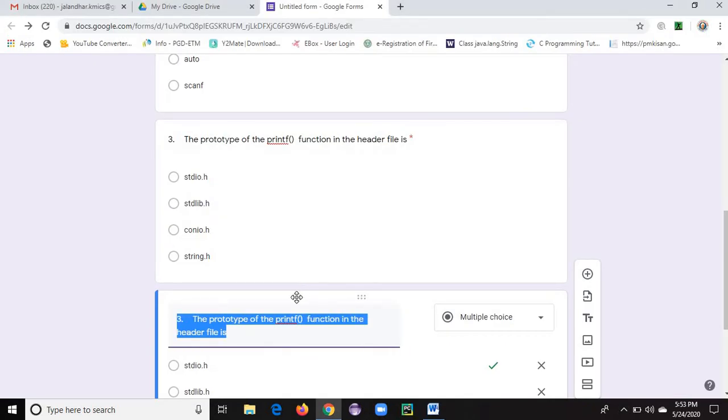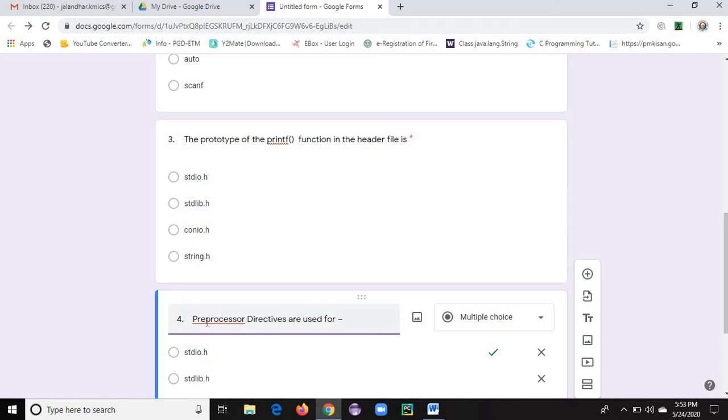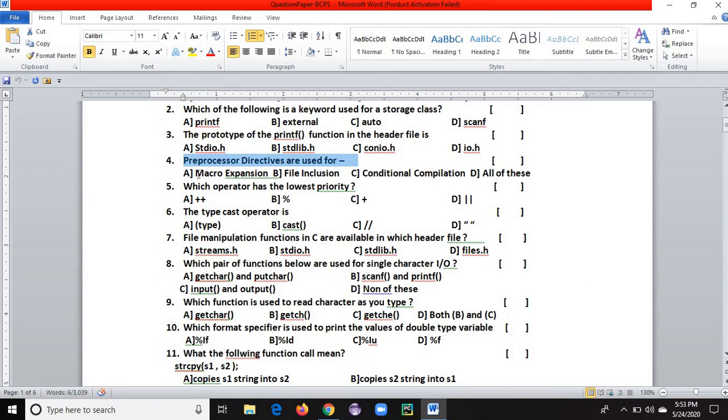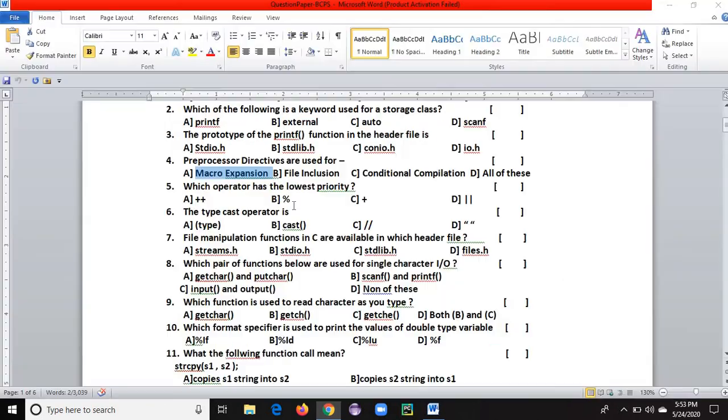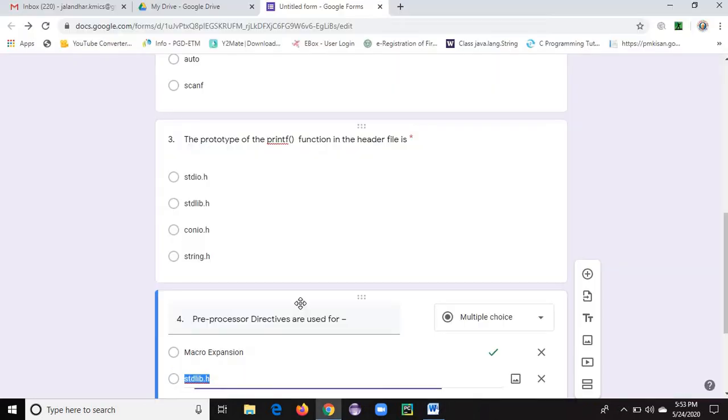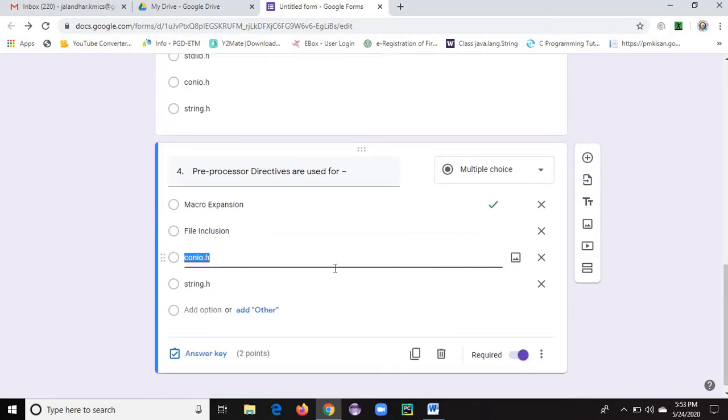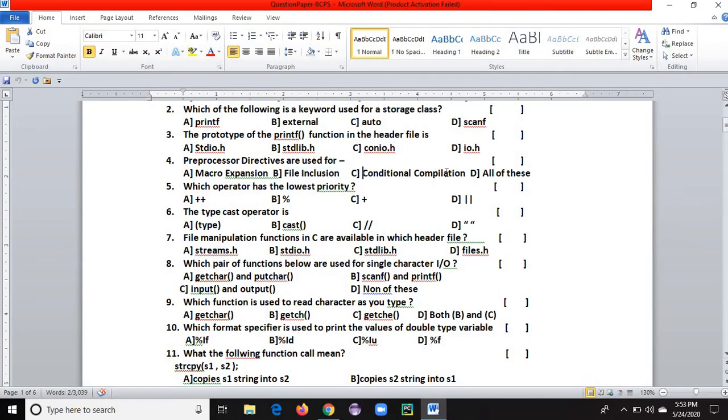So this is the fourth question: preprocessor directives. Here the answers will be, I'm copying all the answers. Macro expansion. These answers are options consisting of two or more words, so instead of typing, I'm copying and pasting here itself.